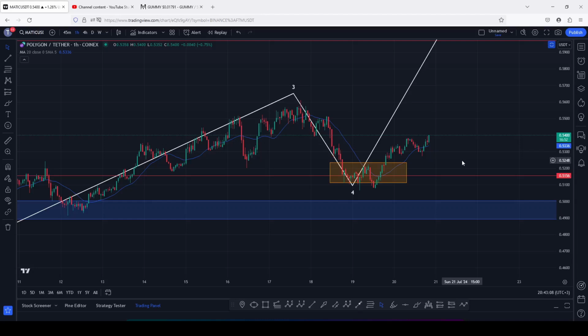Polygon Matic massive breakout is just getting started, and at the time of this recording, Matic has now managed to break above the 20-day MA here on the 1-hour chart, flipping that key area back into support. We are also seeing this bounce to the upside after continuing to hold above a significant key area of support